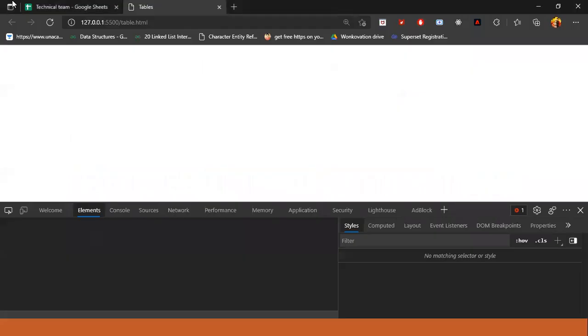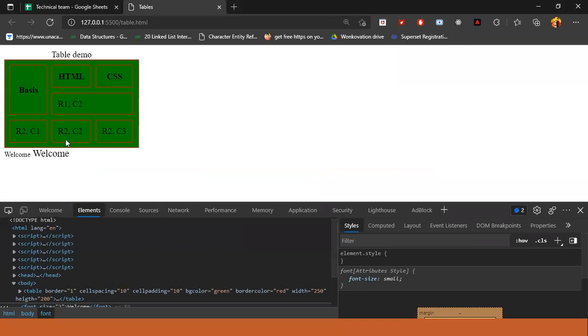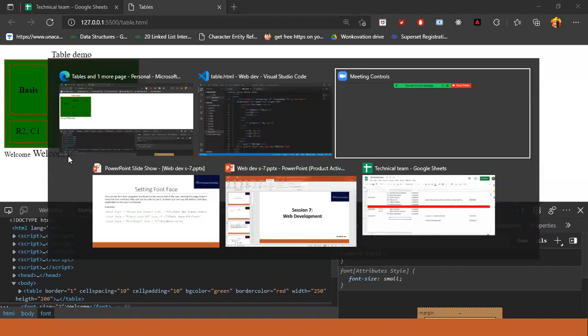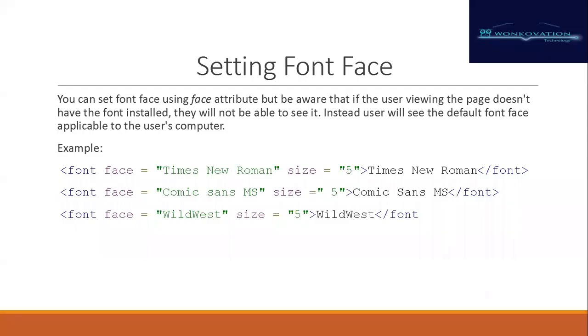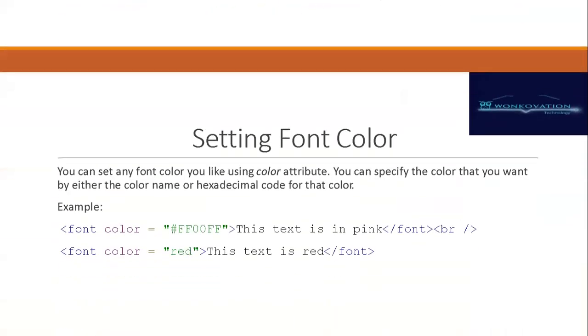And let us see what changes for this. Is there any installation of Times New Roman? See, there is no installation in my browser, so it is displaying the default, but you can change it by using the font face.